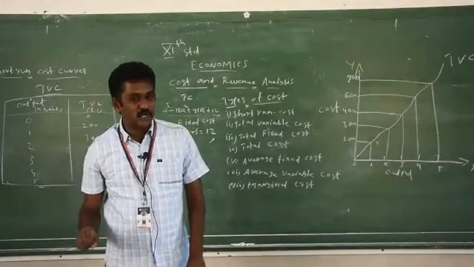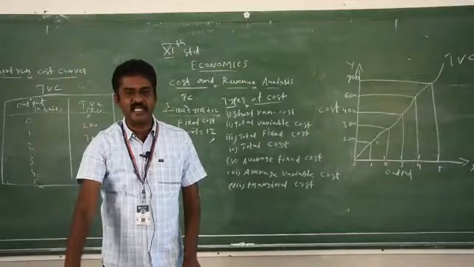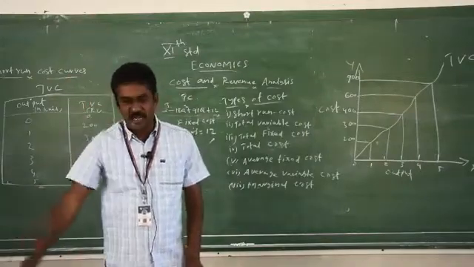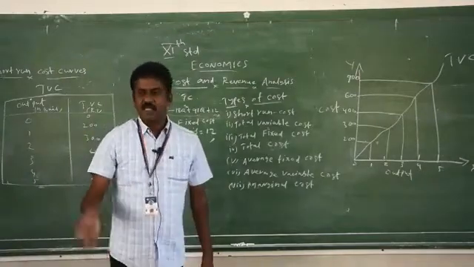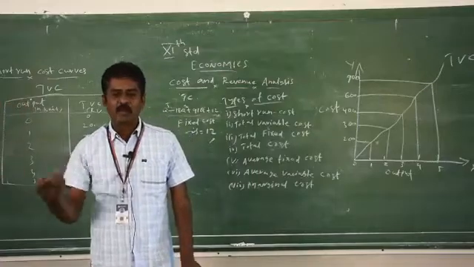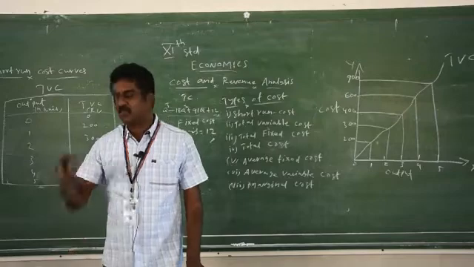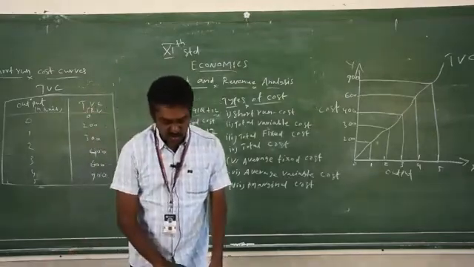Total fixed cost: even though the output is zero, increasing or decreasing, there is a fixed cost. Profit or loss, the cost stays fixed there. Here in the variable cost, to the extent we keep increasing the expenditure, we keep getting output. So that's why we said total fixed cost plus total variable cost is equal to total cost.